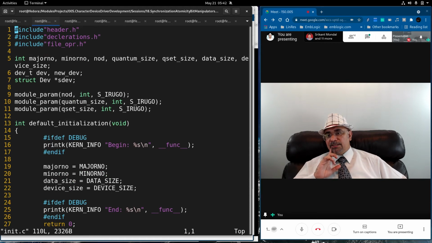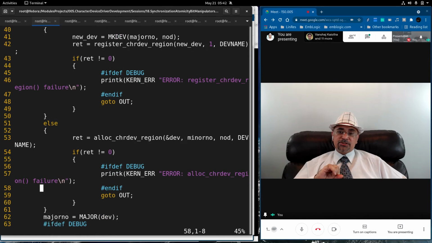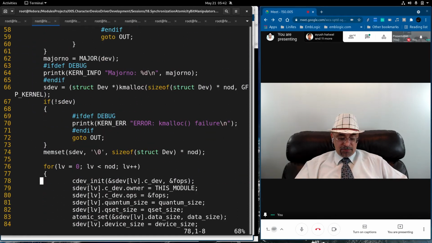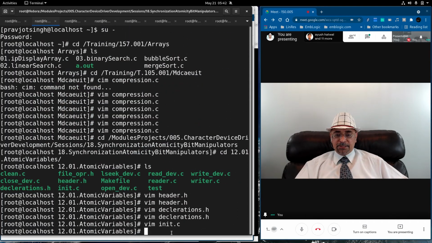Now, in the initialization, when inside struct dev we are setting up the data size, then it must be done in an atomic manner.